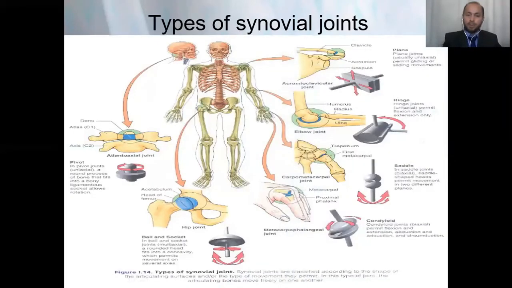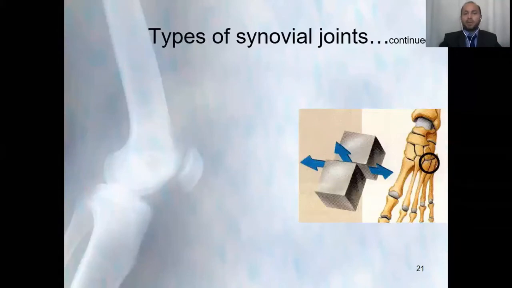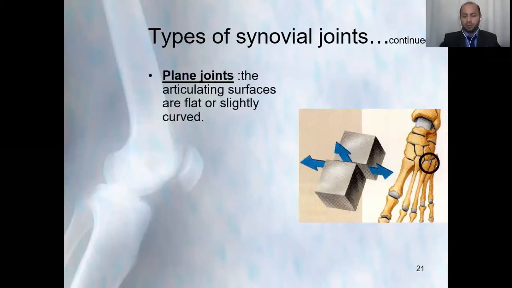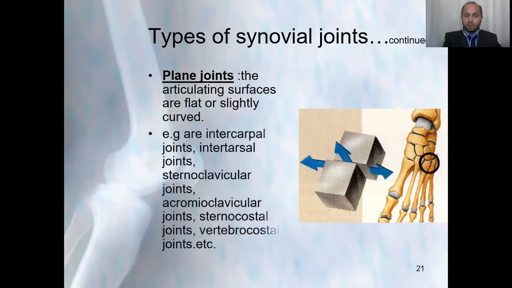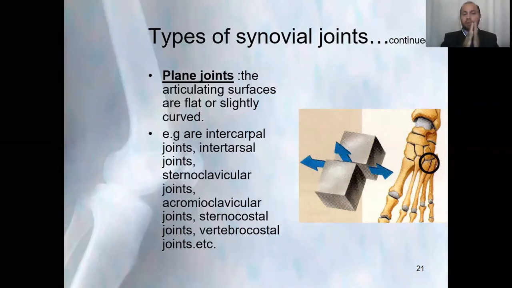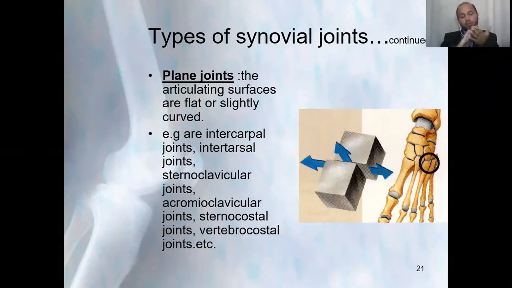So the second main type of the joint is the synovial joint. Synovial joints are further divided into multiple categories according to the structure of the joint. First of all, there is the plane joint. Here in the plane joint, the plane articular surfaces of the bones meet together and slide on each other. Therefore, the movement is in multiple directions, not in a specific direction.